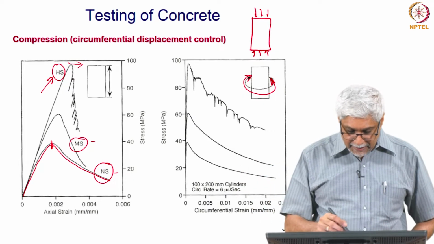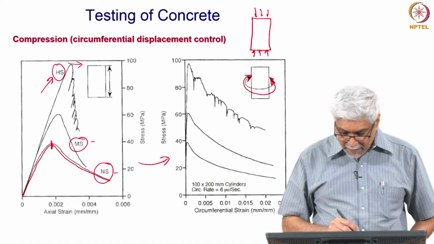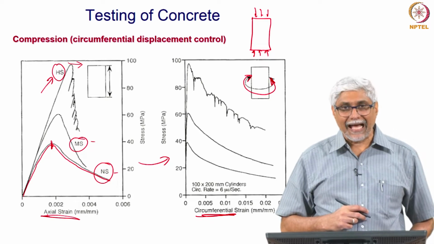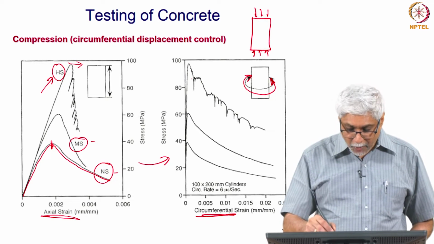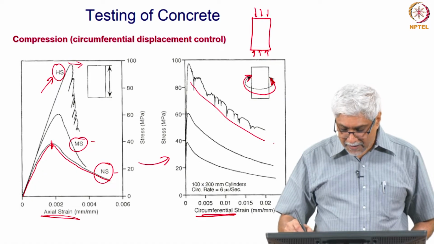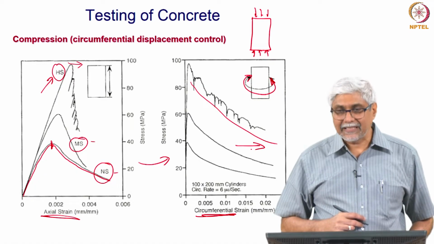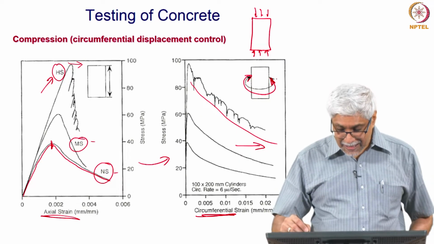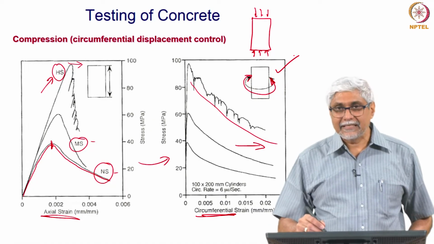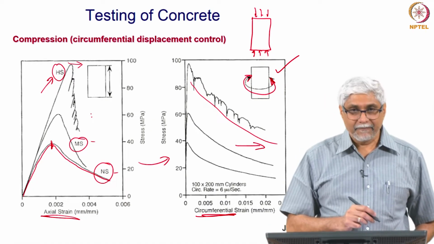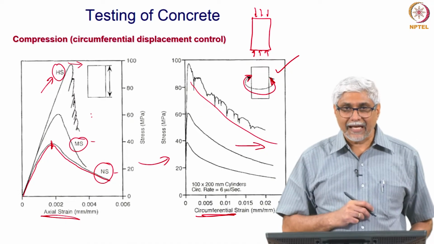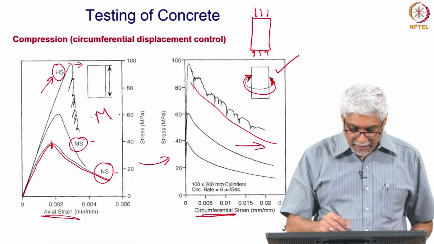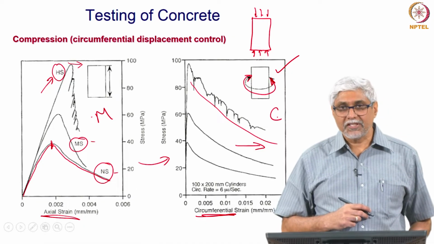So, if you see here, this is the same specimens, but here we are looking at circumferential strain, earlier we were looking at axial strain, and we find that without any drop, the specimen is always such that the circumferential strain is increasing. So, if we were going to control the test this way, then you will get a stable response, and this you can measure. It is not that when you do this you do not have the axial strain, which is important. You can measure this, but control with this. So, that is what we generally do.